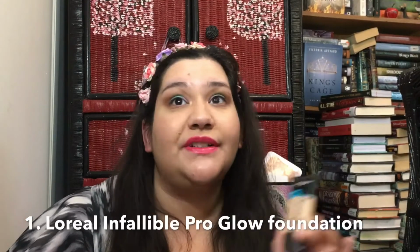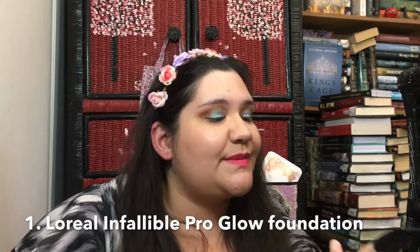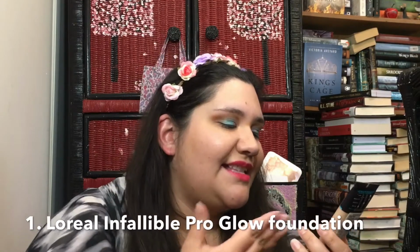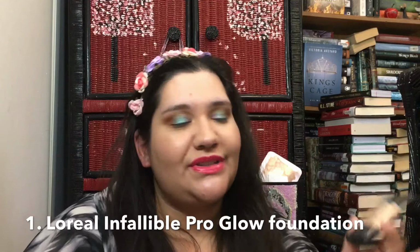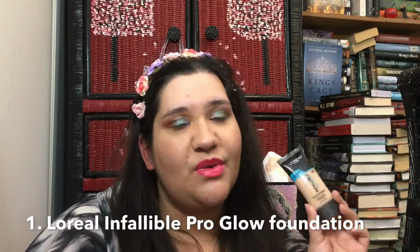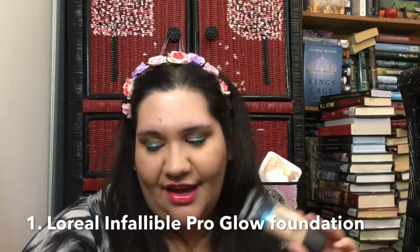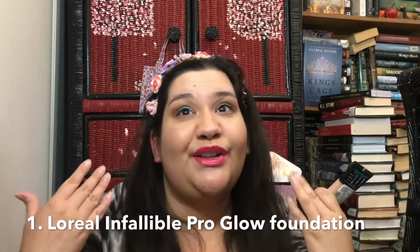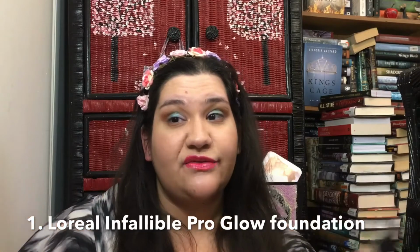This is an old favorite, an old tried and true. It lasts really well, especially with certain primers. It has SPF 15 in it, which is really good. I just love this foundation. They have so many shades, and there's always buy one get one free, or buy one get one half off. And y'all would think I might choose something else, because today I'm wearing the Healthy Foundation from Physicians Formula,